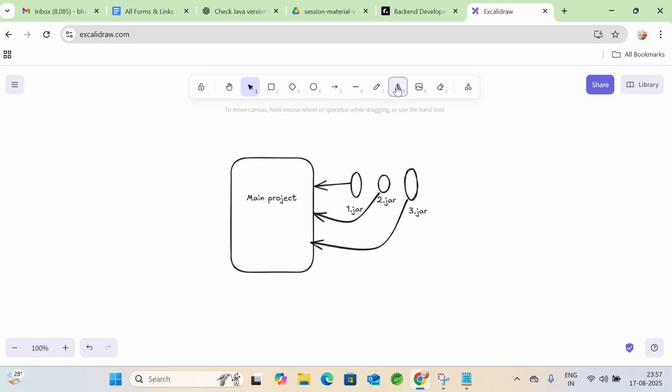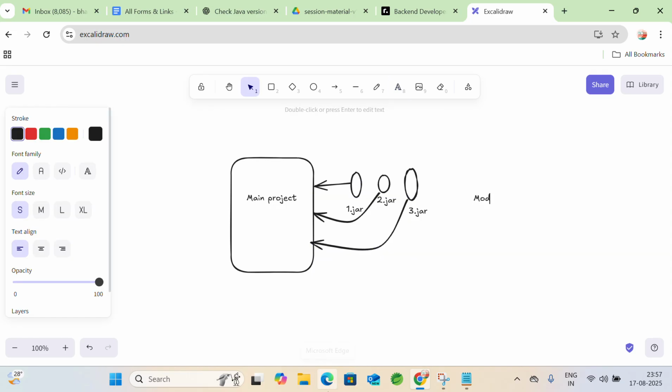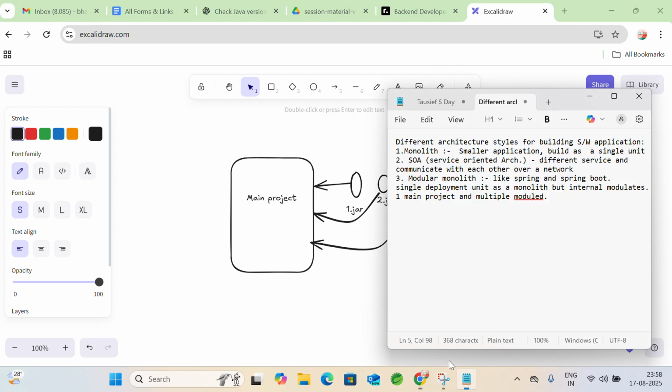So this is the case with modular monolith, and this is what we are currently using in Spring Boot applications. And apart from this, we have the fourth architecture,